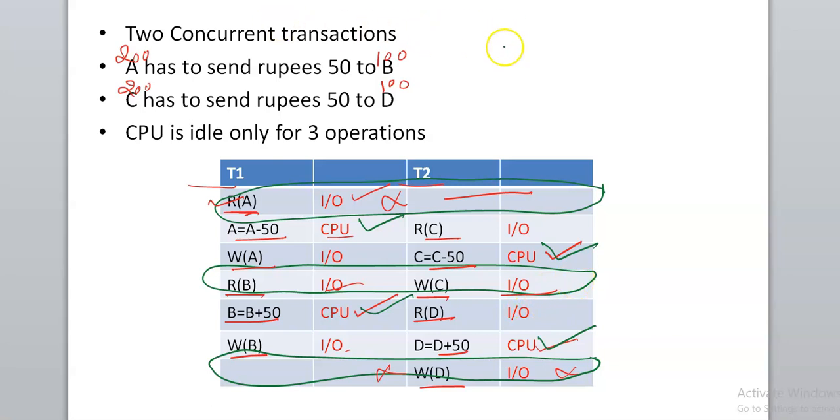So this is the concept of concurrent transactions. And why do we perform concurrent transactions? To avoid CPU being idle. That is why we perform concurrent transactions. And because of these concurrent transactions, there are some issues which will occur, which we will be discussing in the upcoming videos. But again, it is helping our CPU perform a lot more work. So it is better to perform concurrent operations than performing one transaction at a time. So this was the concept of concurrent transactions.